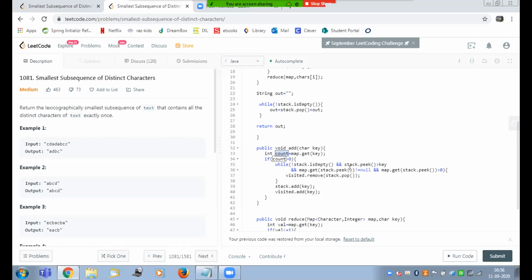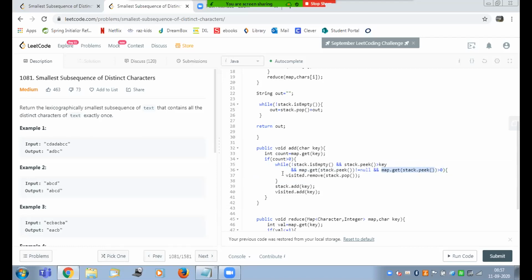And if the stack is not empty, I will take the top element of the stack. If it is greater than the current element, and the top element has a count greater than 0 in our map, then we can remove it, and we continue until the top element of the stack is no longer greater than the current element or has no remaining count in the map.